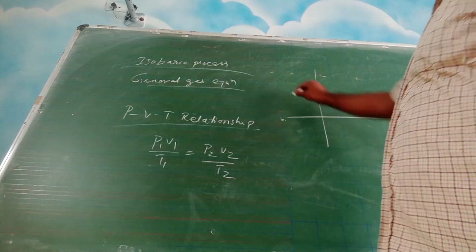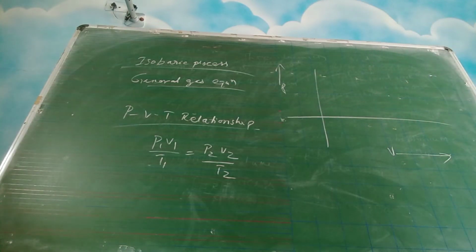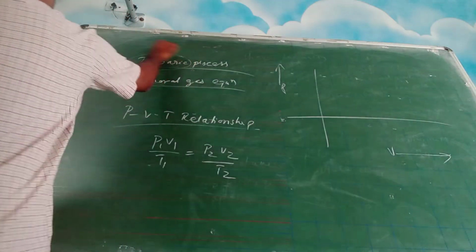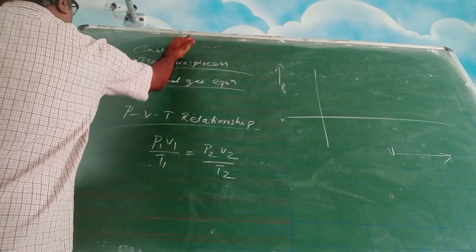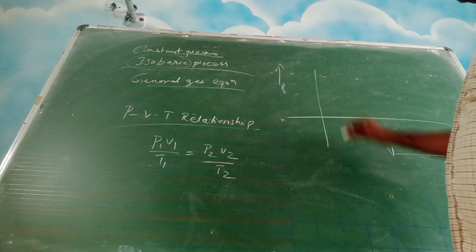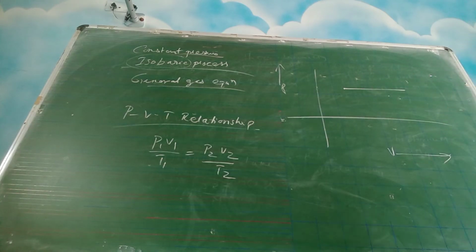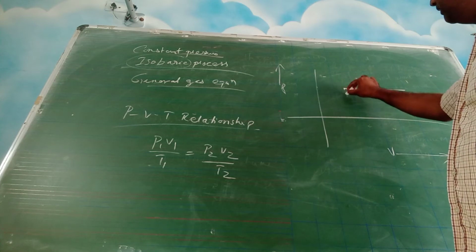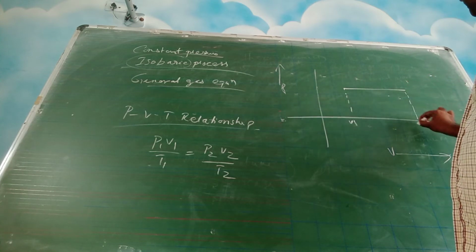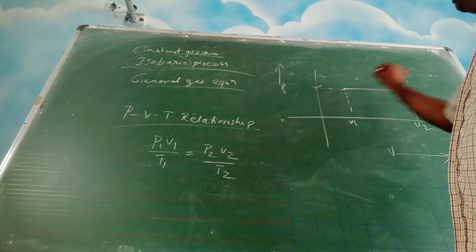So suppose you plot a graph, okay, with pressure on the y-axis and volume on the x-axis. Isobaric, I told you, is a constant pressure situation, right? You are maintaining the constant pressure. So constant pressure means what? Your situation will be like this, right? So for this point you will get some V1, for this point some V2, but the pressure is maintained constant. So pressure is a constant value, right?